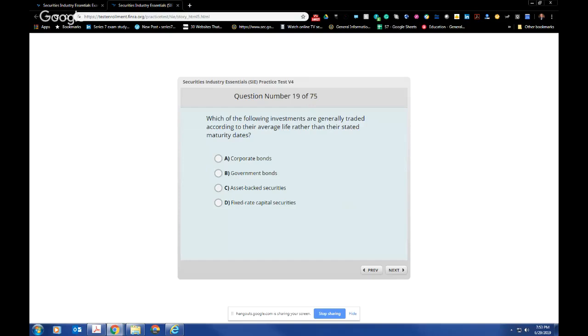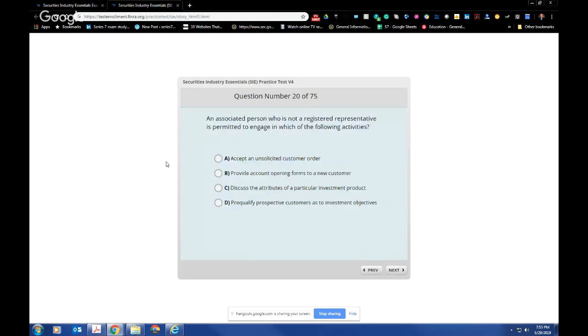Okay, good stuff. The answer to that is asset-backed securities. So corporate bonds have a maturity date, government bonds have a maturity date, and fixed rates, they're preferreds. They might just have a price. But here, asset-backed is basically their word for mortgage-backed, which you trade by the average life rather than the